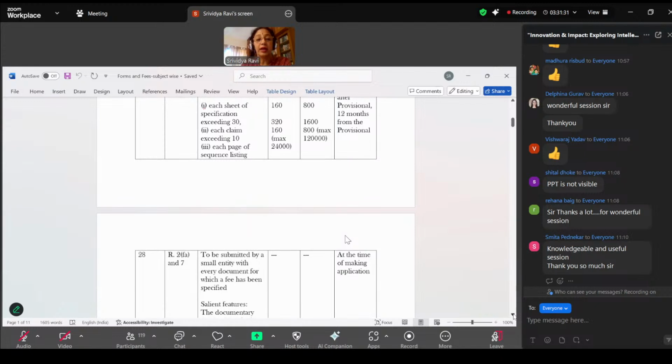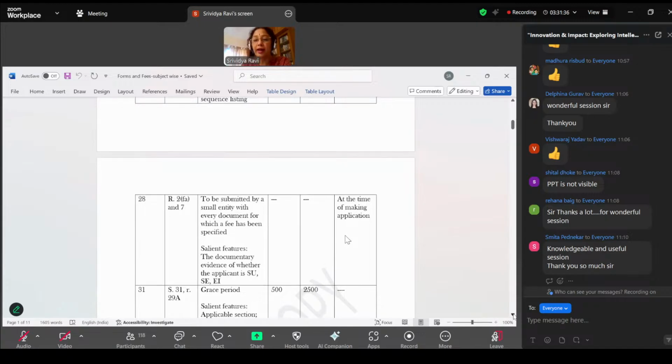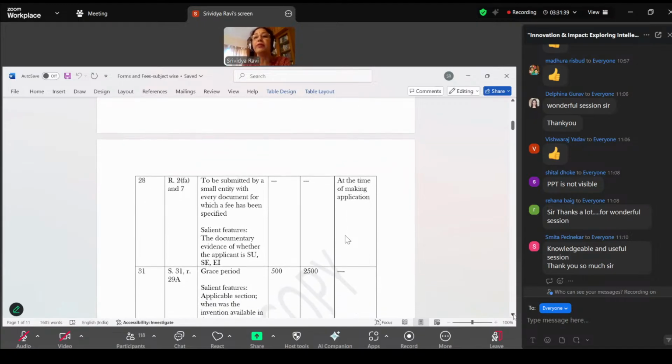Okay. The next form, I have jumped to Form 28 because it is very relevant. It is Form 28 in which you will specify the nature of the inventor and applicant. In this you will say why the applicant is eligible for a small entity fee, whether you are an educational institute, a startup, or an individual. If you're an individual, then you have anyways given the individual's name only in inventor and applicant. But the moment you give the entity's name as the applicant,